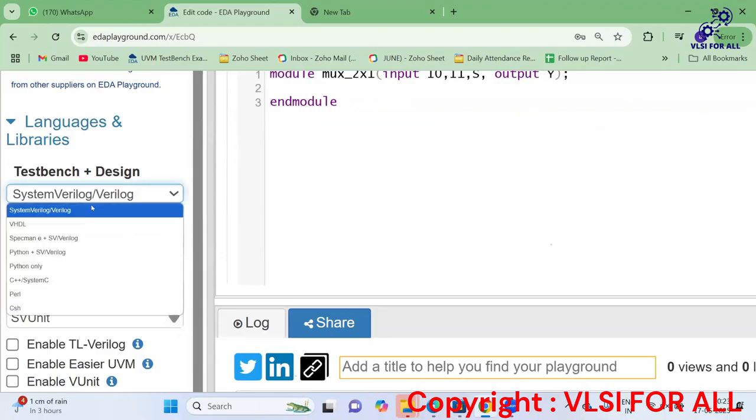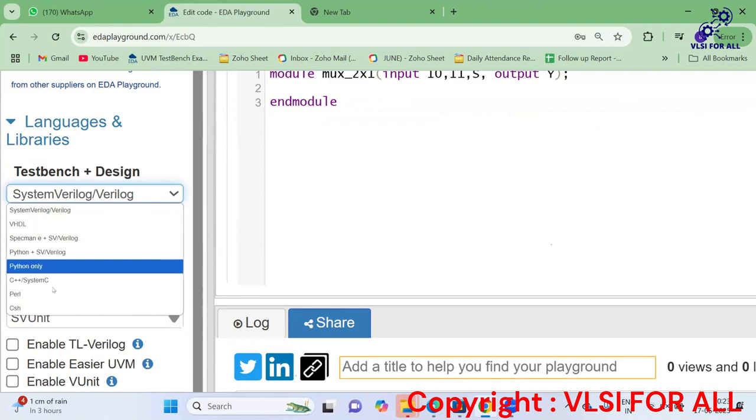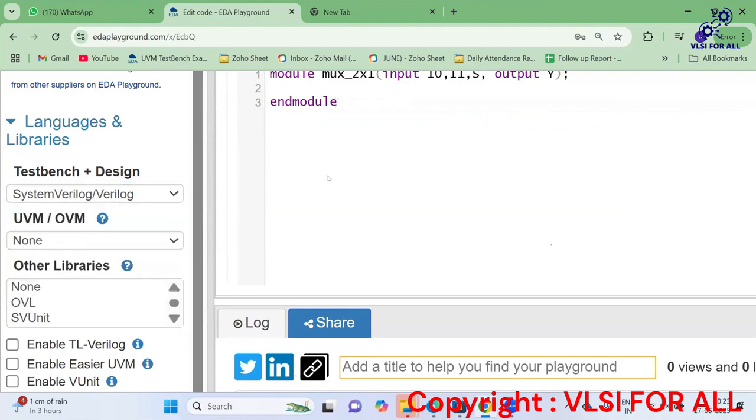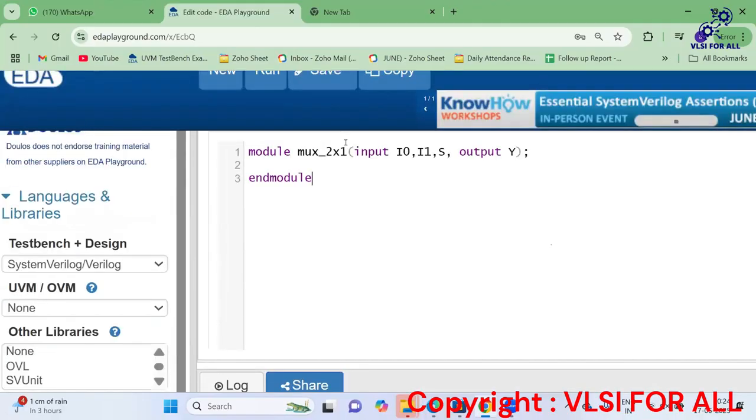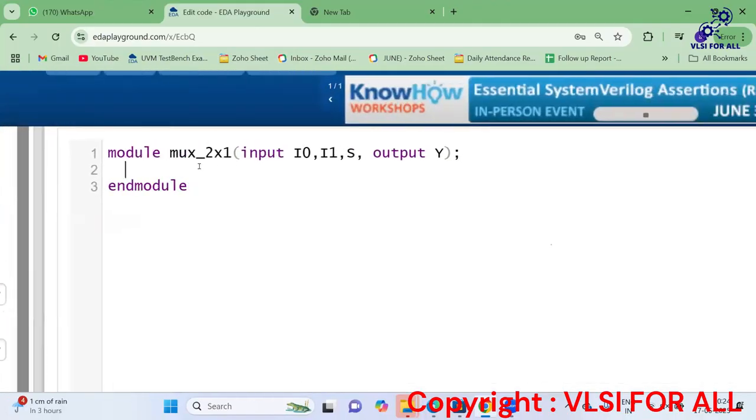Understood? And here we are selecting Verilog, VHDL, Specman. These libraries are nothing but containing the definitions. So here I opted for Verilog and SystemVerilog, so it will opt for that Verilog. Now what I can do is write assign. Let's write assign y equal to